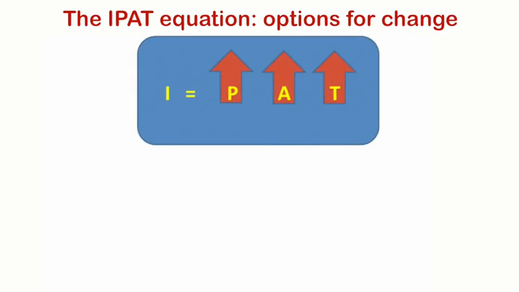If we want to reduce the environmental impact of increasing human population, reducing fertility in the developing areas of the world by promoting birth control and women's rights, for example, would reduce the rate of population growth. However, the IPAT equation tells us that we also have two other ways of reducing the total impact. If we could reduce either A or T or both, then the total impact would also be decreased.